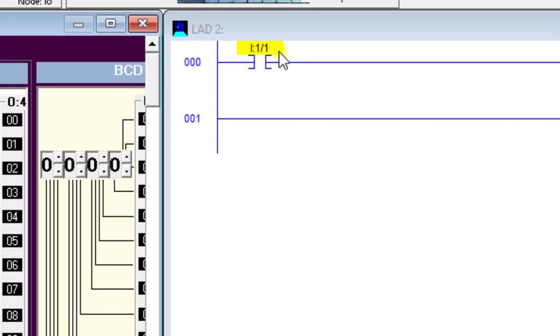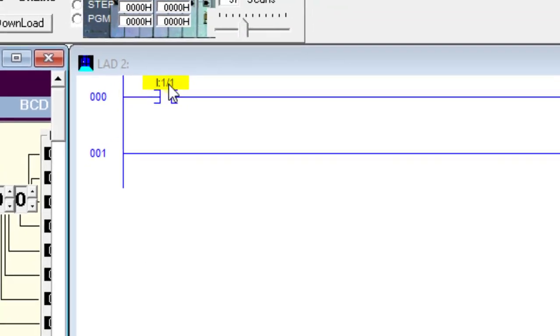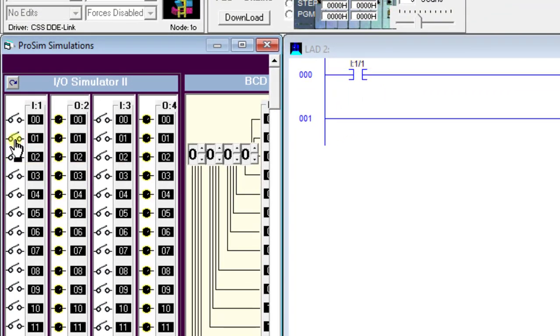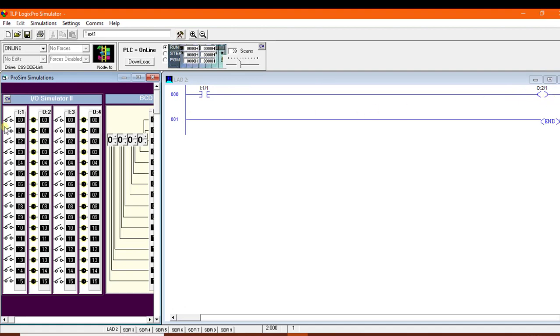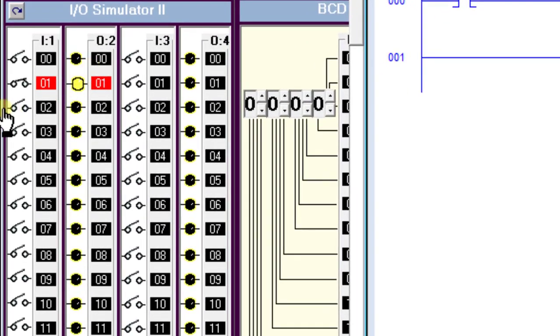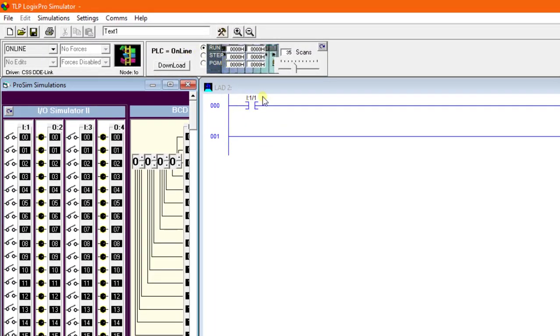What I have done over here is that I have mentioned I:1/1, which means that this is the input that I am referring to, and you can see when I turn it off, the signal turns off, and when I turn it on, the signal turns on and the bulb over here glows.